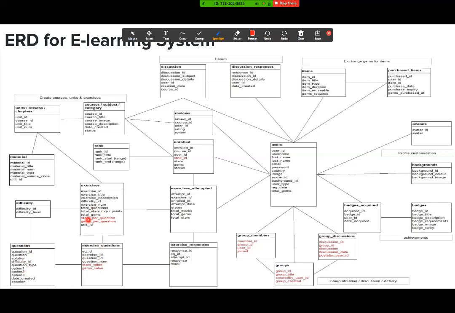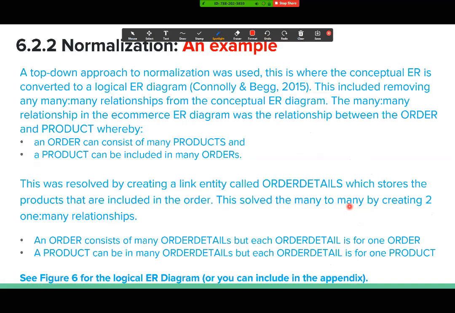Let's look at another one as well, right? In terms of users and badges, a user could hold many badges and a badge could be held by many users. That was a many-to-many. How did I resolve that many-to-many? Any one of you care to mention how I resolved the many-to-many between users and badges? Badges acquired. Wonderful. The reason I give you two examples is to enrich your write-up; you need to discuss how you resolve a many-to-many. And this is just an example of two you can use, right? So let's use